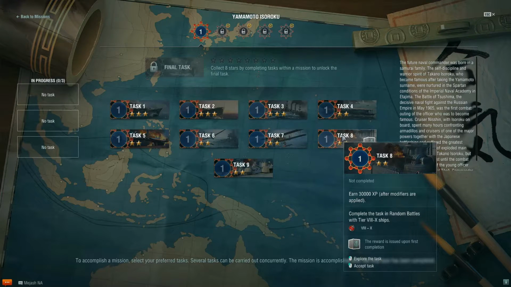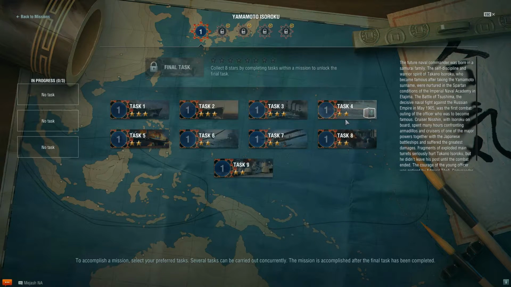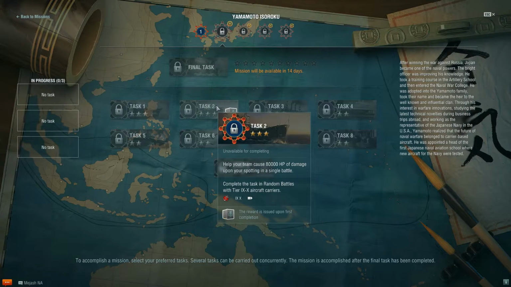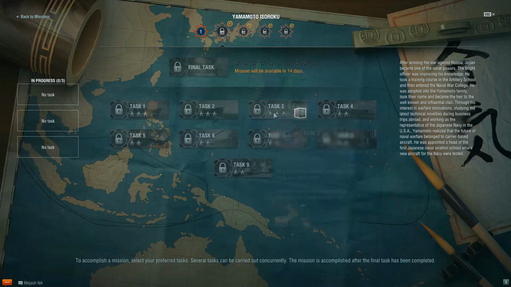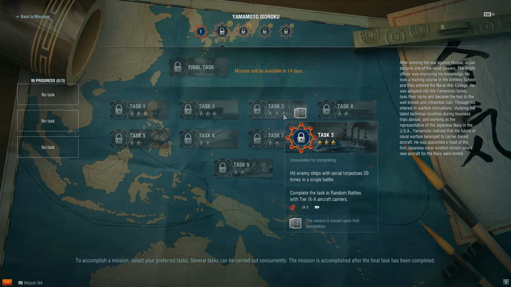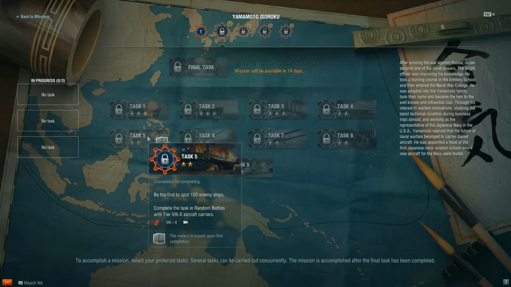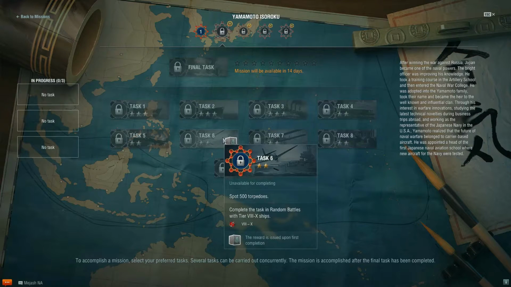So pick and choose what you want to do. If you're a cruiser player, pick cruiser stuff. If you're a battleship player, pick battleship stuff. Then get through the final task, get that, move on to the second one and just keep going, because this is the first one that's really focused on CVs. One of the downsides is if you don't have a high tier CV, you're basically going to be stuck doing tedious things like spotting 500 torps